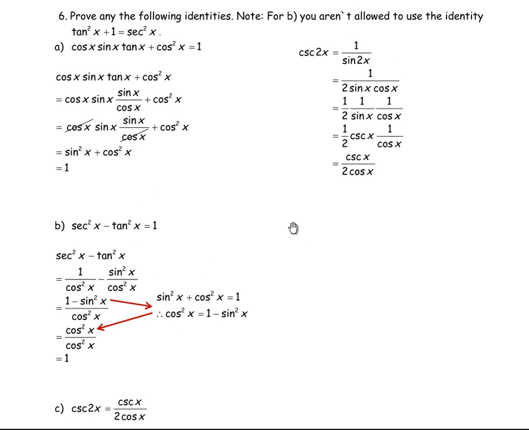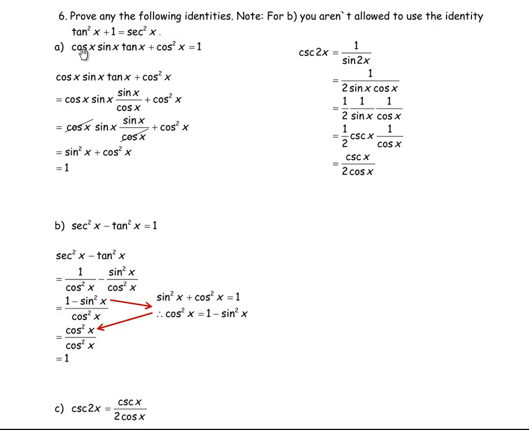On to question 6. We're asked to prove these following identities. One note here, for B, because we're actually proving this identity, you aren't allowed to use the identity that involves the secant squared, tan squared, 1, which is tan squared x plus 1 equals secant squared x. So just keep that in mind when you do B. For A here, we're asked to prove that cos x times sin x times tan x plus cos squared x equals 1. And so,